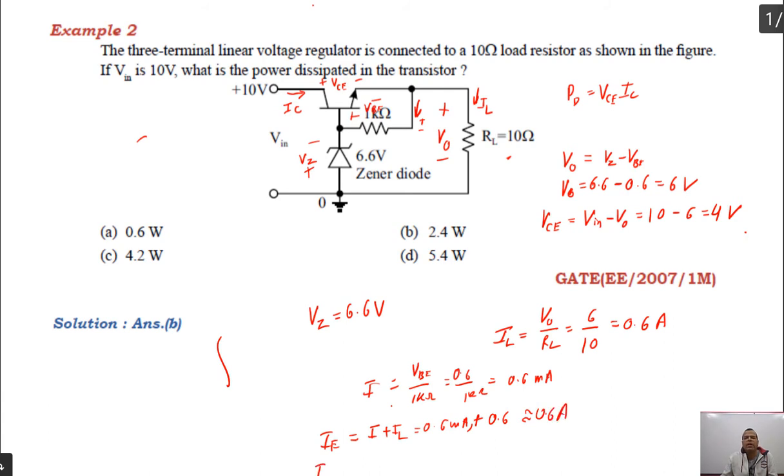And remember, the collector current of BJT is IE minus base current of BJT. Here base current of BJT is again very small in comparison to IE, so IC is approximately equal to IE, and that is equal to 0.6 ampere. Fine. So, now